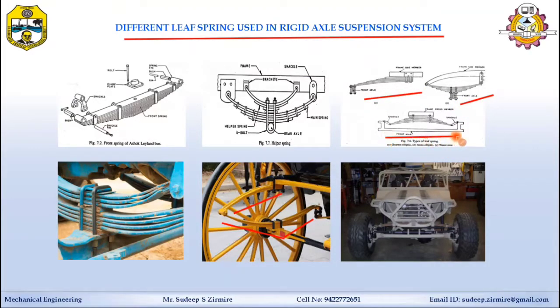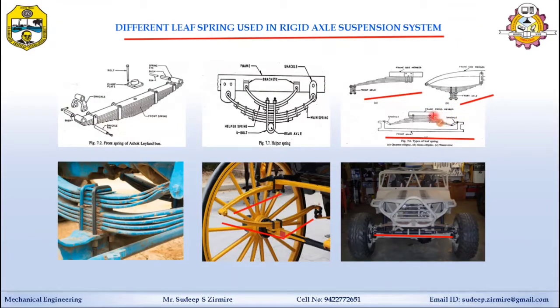It is an inverted form of the semi-elliptical leaf spring, and it is joined or assembled at both ends to the frame by using this link, or you can say the shackle, and the frame is mounted over this spring. Instead of 4 semi-elliptical leaf springs, only 2 transverse leaf springs can be used in that type of suspension. You can see here the inverted type, called a transverse leaf spring. It is used here, only one at the front side and the same at the other side, instead of 4 semi-elliptical leaf springs.